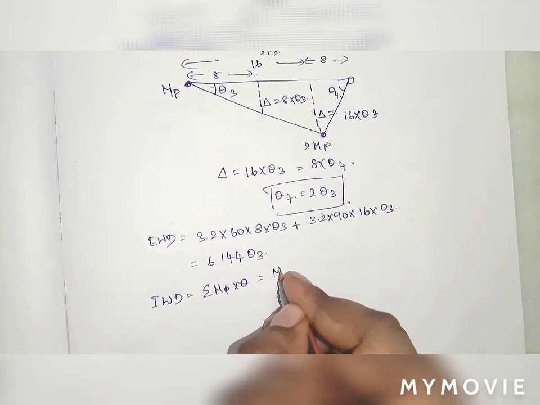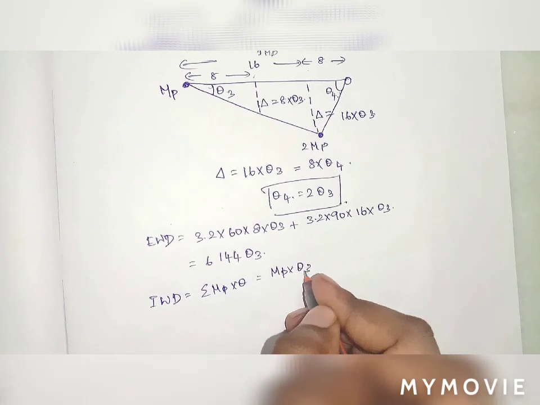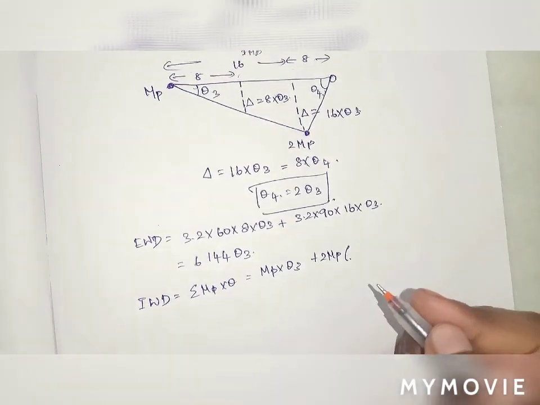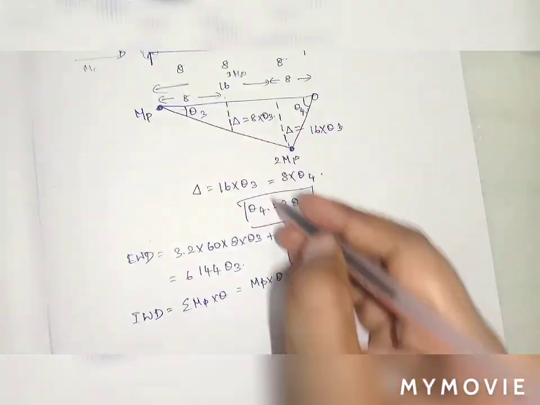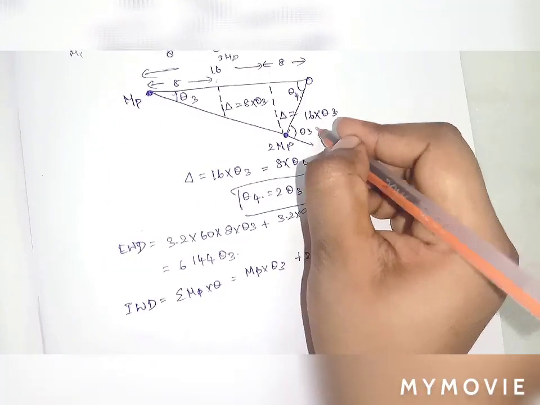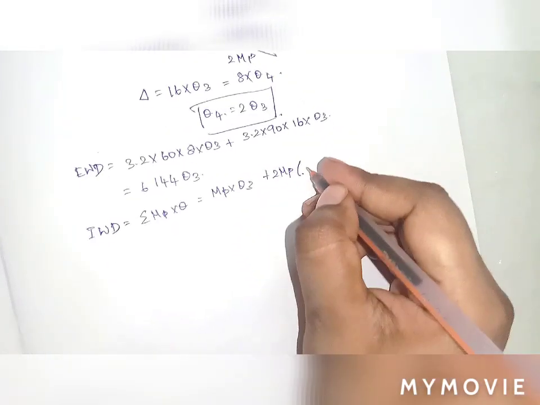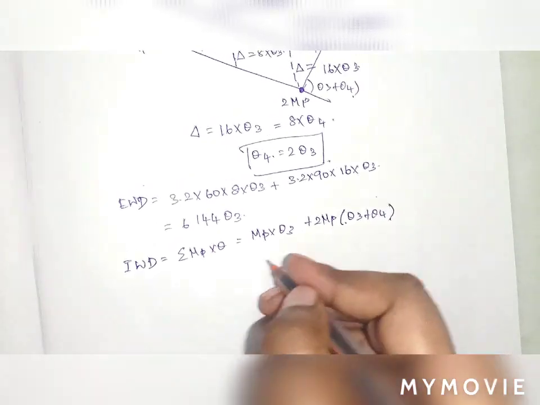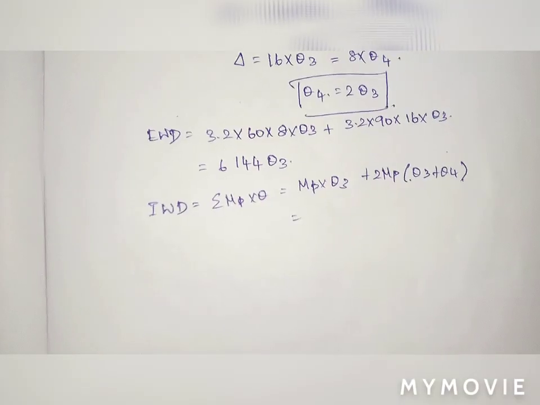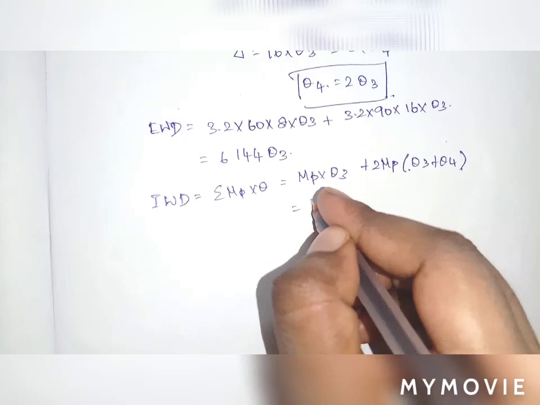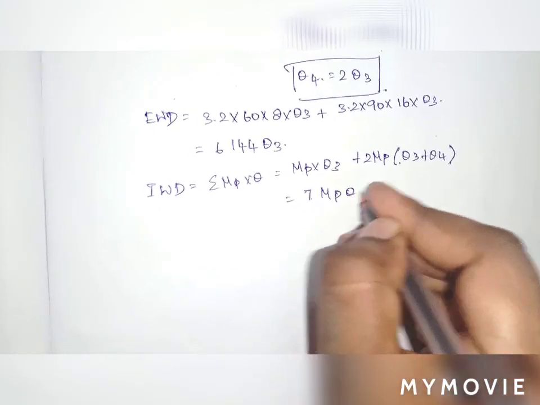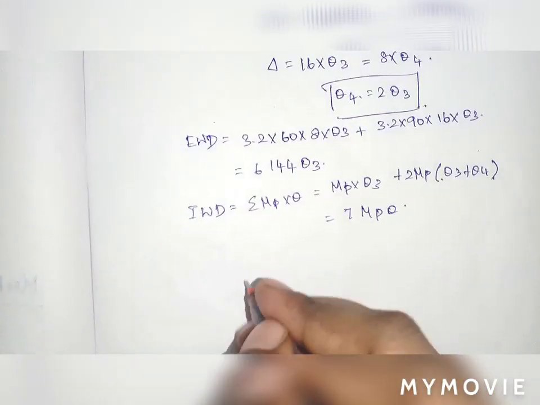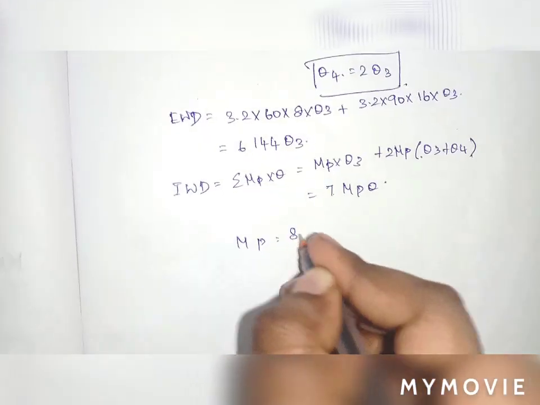So the first thing, MP into theta 3 plus 2 MP into the rotation at this point, which is theta 3 plus theta 4. Substitute the value of theta 4. You will be getting internal work done is equal to 7 MP into theta. So equating external work done to internal work done, we will be getting MP is equal to